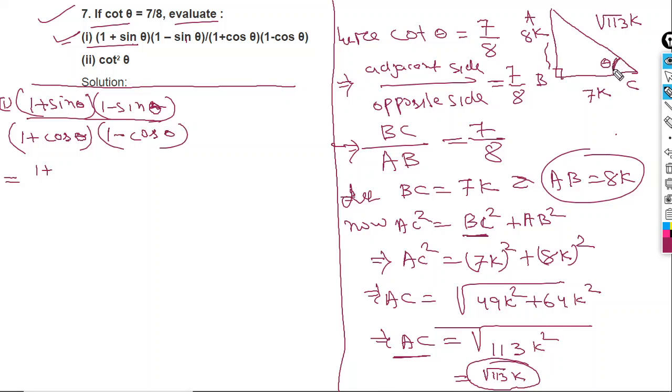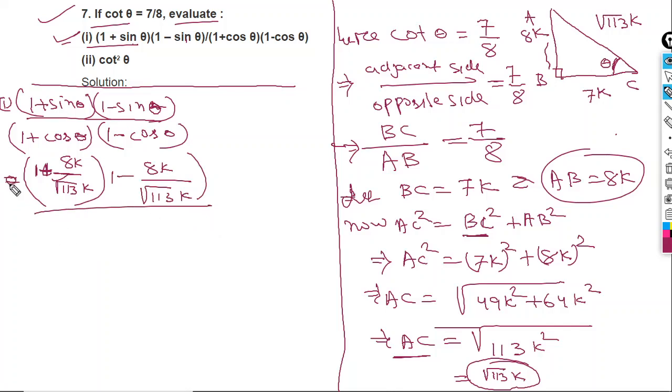Sin theta will be 8K divided by root 113K. So we'll write it 1 plus 8K divided by root over of 113K, into 1 minus sin theta, whose value will be the same, 8K divided by root over of 113K,